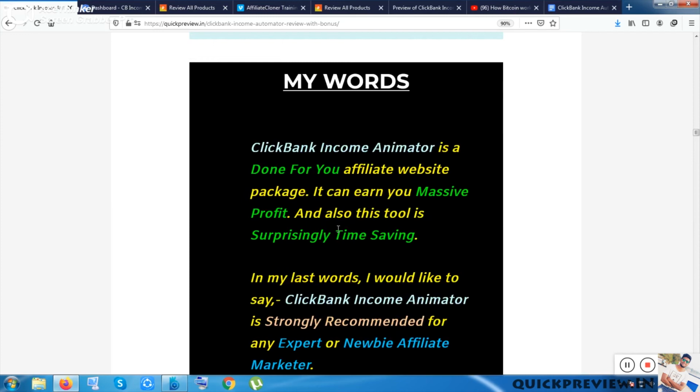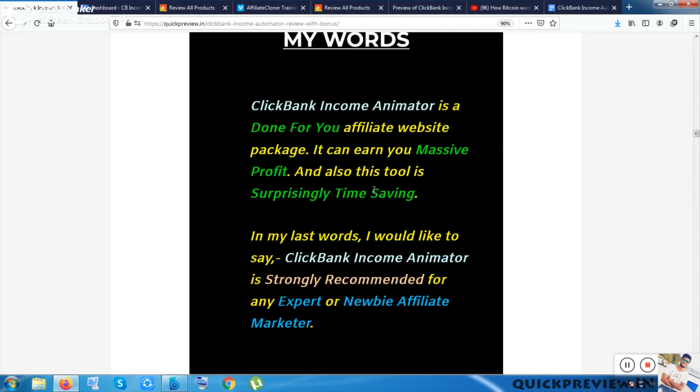But what you have to do, with this kind of tool, you have to keep patience. Maybe you start earning from the instant day, or maybe you start earning within a month or 2 months, but you have to keep patience sometime. Okay, with this kind of tool. And they are focusing on good platforms: Warrior Plus and also JVZoo and ClickBank. So you should have nothing to worry about.